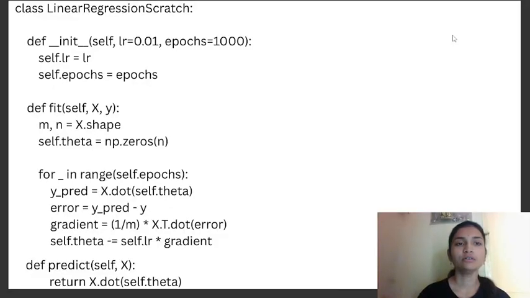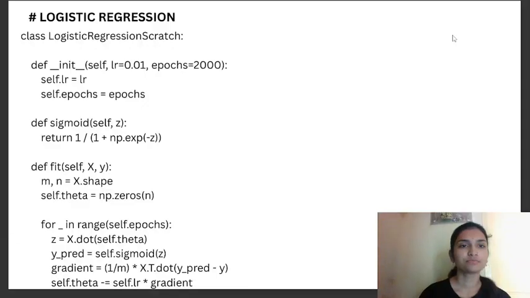Here is the program for linear regression. Firstly, we will declare a class LinearRegression, and here we are initializing a constructor, and we are making a function fit, making a loop here and a predict function there. Here is the program for logistic regression also. Here we are also initializing a constructor, then we are making a function sigmoid, then we are again making a function fit. Now we are using a loop,